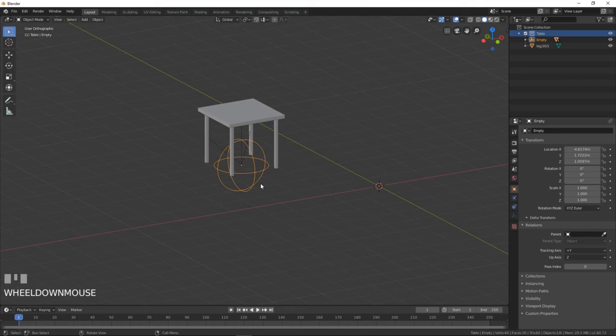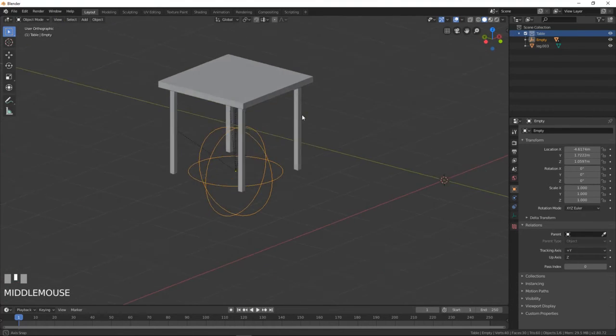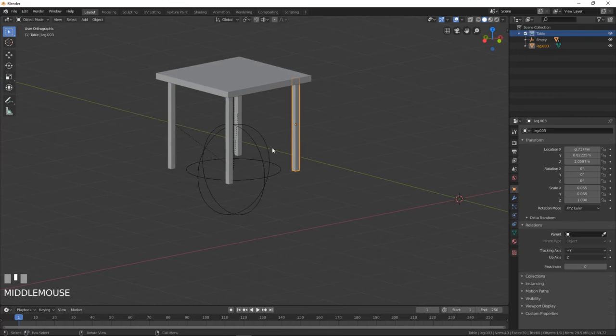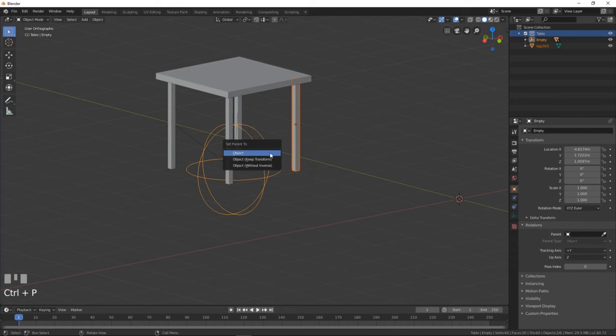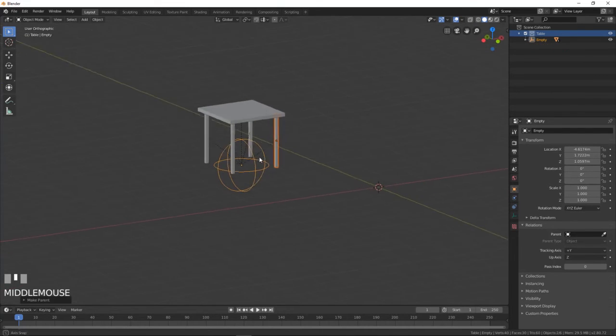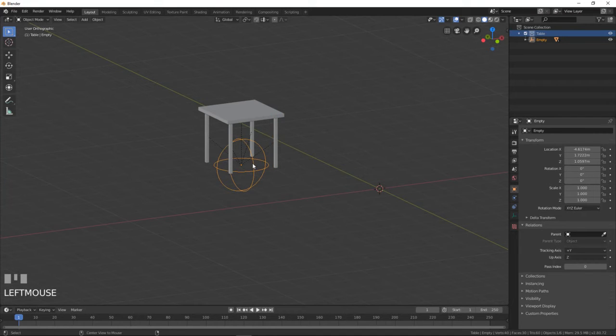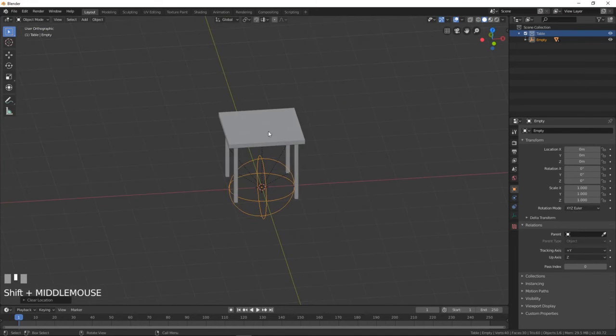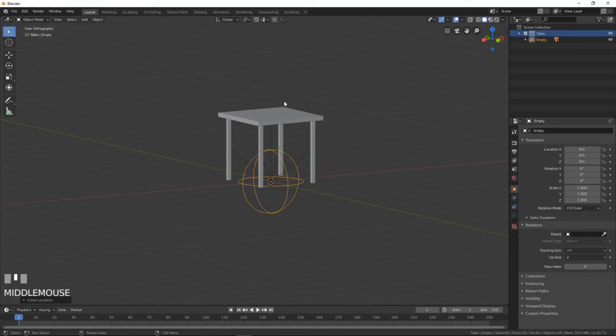But now my table is without the leg like that. Okay, so I just make Control P again, set parent to object, and this one I will make Alt G to put it in the center again. So this is the first